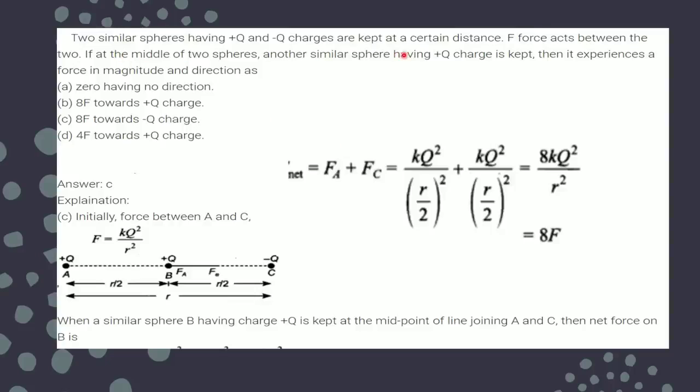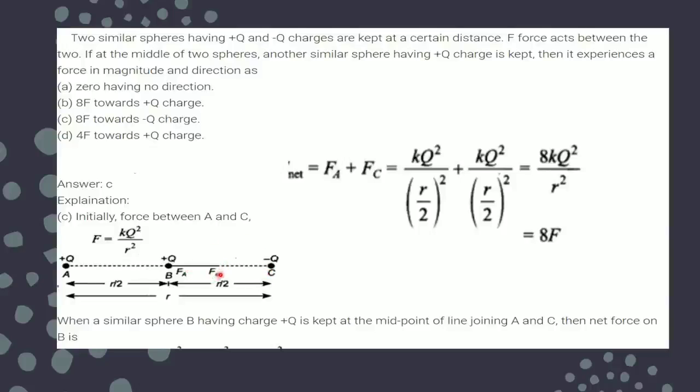Again a similar question, we have to find the net force. If the charges plus q and minus q are kept at a certain distance, force is acting between the two. Here the capital Q charge is kept, and you have to find its magnitude and direction at point A. If I am keeping a positive charge here, then the direction of the force because of the plus charge will be outward, it means towards right. Because of the negative charge also it is coming towards right.